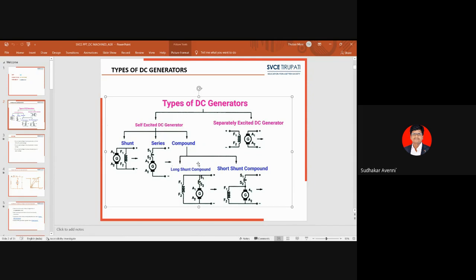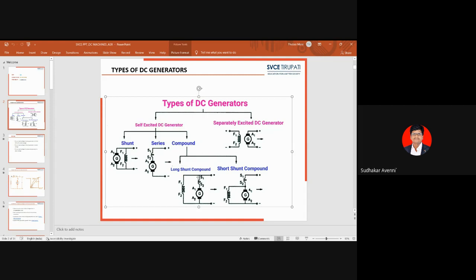compound generator. In compound generators, there are two types: long shunt compound generator and short shunt compound generator. What is the basic difference between them? In a long shunt compound generator, the shunt field winding is connected across the combination of armature winding and series field winding. Because of this, the shunt field winding is long. Then it is called a